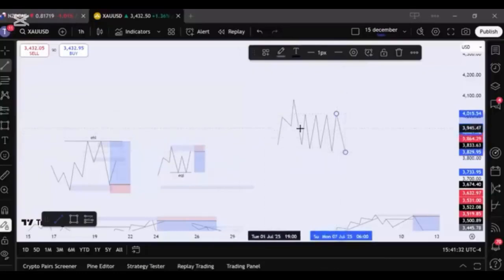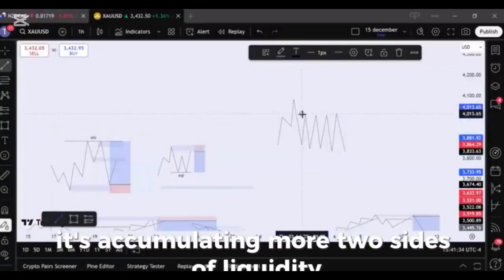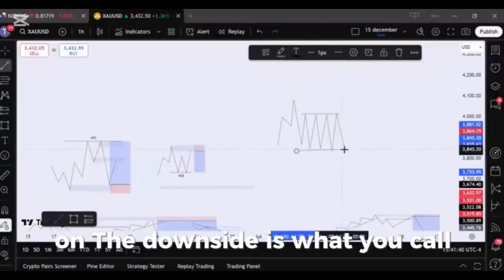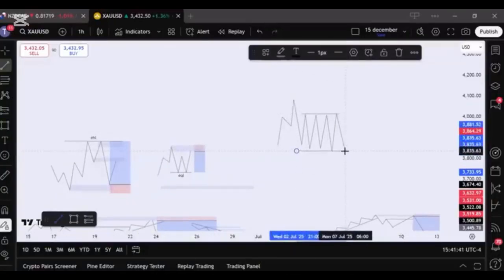While it's doing this, it's accumulating what? Two sides of liquidity. Here is what you call buy side liquidity, and on the downside is what you call sell side liquidity. So up here, called